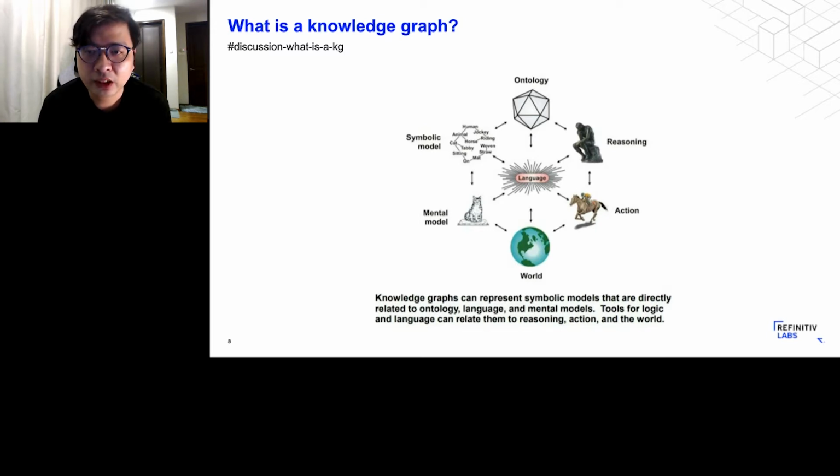But let's move away from this standard definition. I'll explain what a knowledge graph is by using this hexagon model in this slide. The world in the diagram represents what we see and encounter, for example, entities and events. We often have a mental model of how we view, or what kind of descriptions we could possibly have to describe or represent these entities. This will eventually lead to the symbolic model, where it will act like a catalog of words,